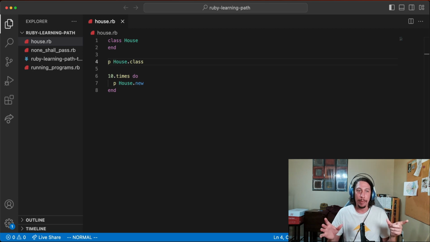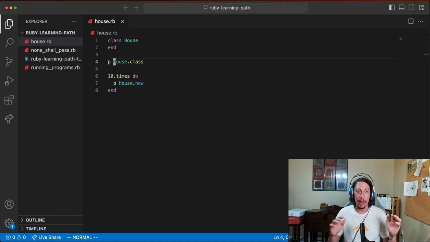So how do we go about giving a house, in the example in the beginning of the video, let's say we wanted to be able to say the exterior color of each house, or just the color of each house. Let's not say exterior color, just the color of each house. How do we go about assigning the color to a house when we make a new instance of the house class? Well, the way we go about doing that is by defining a specific method inside the body of our